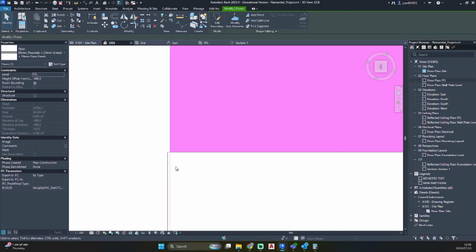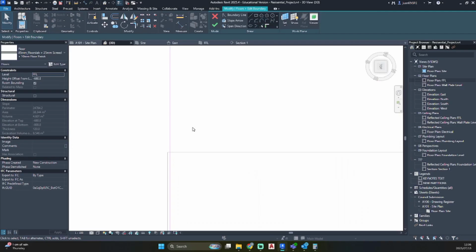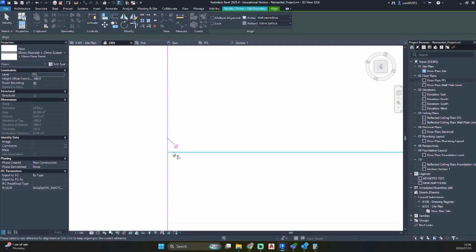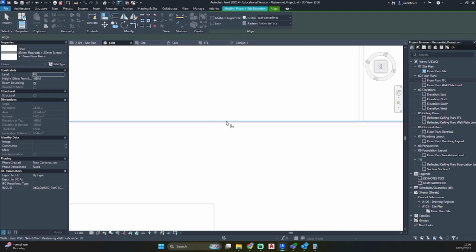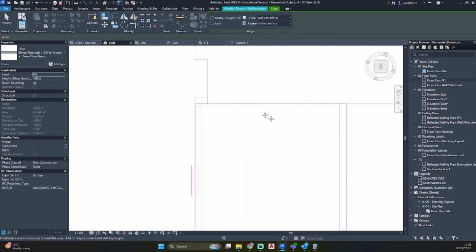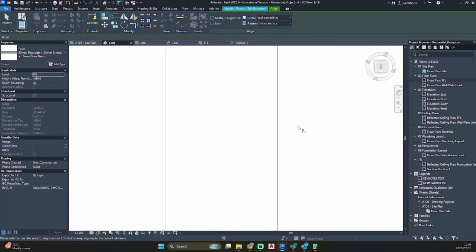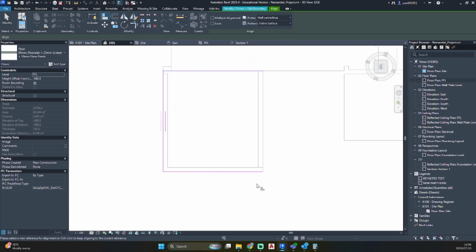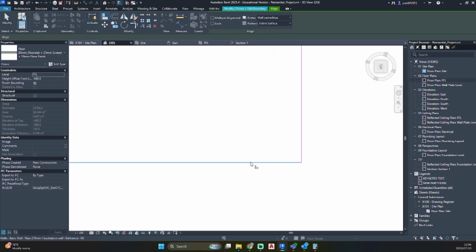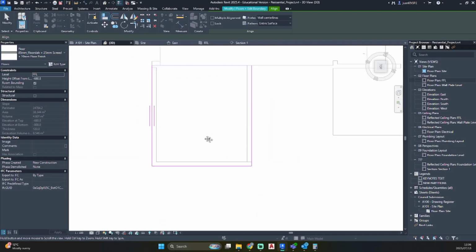I see that the floor is not aligned with the wall, so let's go edit boundary, AL, click on the exterior side of the wall and click on the floor line and it will adjust. Just do the same for the top side, and let's go and make sure that this side is correct. Yes, that wall is fine, and the bottom is also fine.